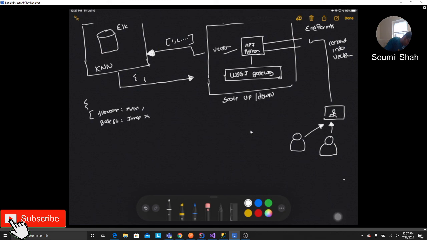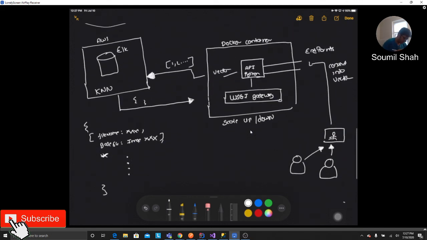So it's gonna be a string, and then you don't need the vector, so it's gonna be an object. Okay, so this is gonna be returned on your Python API.